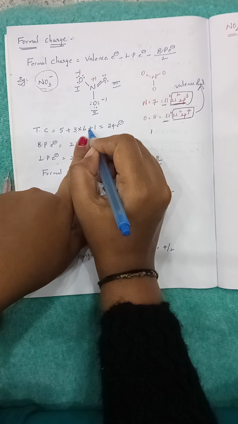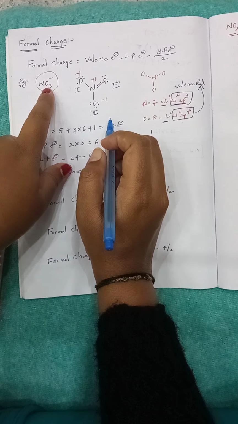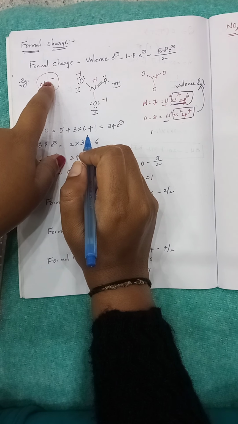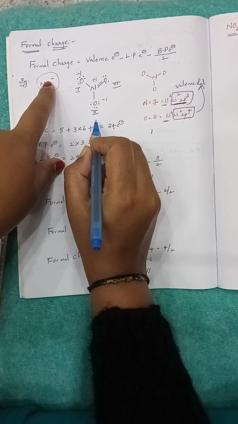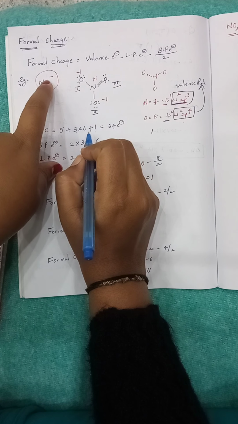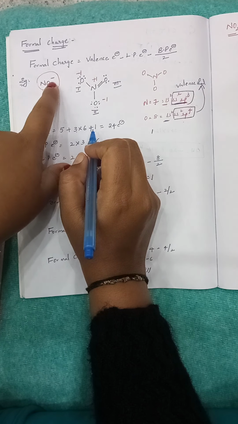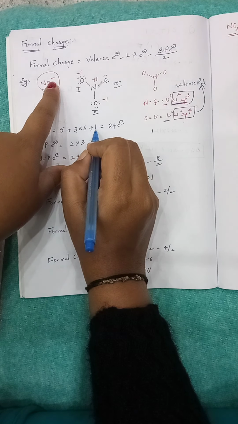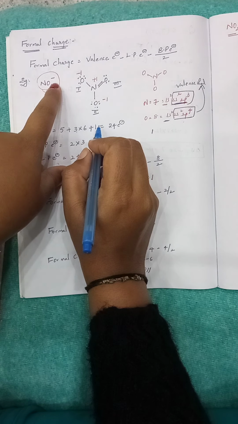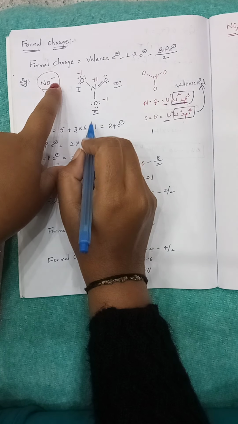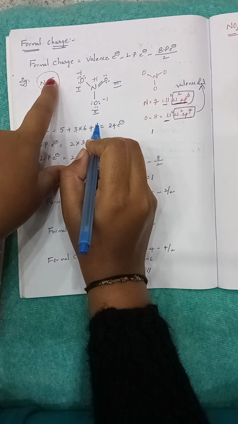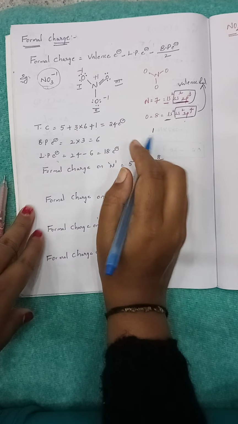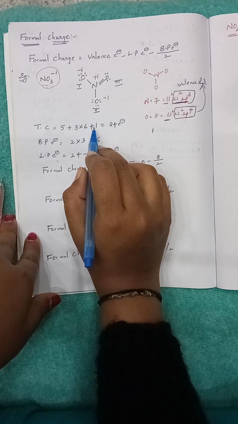And plus, if the molecule is containing a negative charge, add plus 1. If it is containing a positive charge, minus 1. Remember, it is opposite. If an ion is containing a negative charge, add such positive charges in number. If it is having a positive charge, subtract the total number of the charge it is containing. Here they have represented it containing minus 1 charge, so we have added plus 1 here.